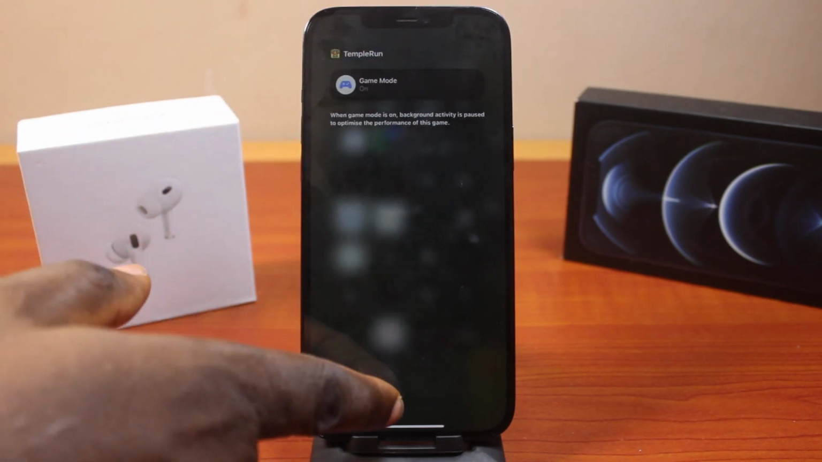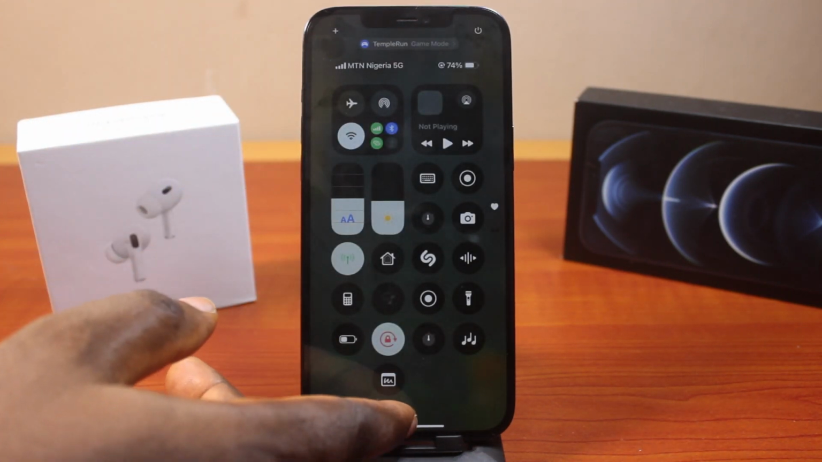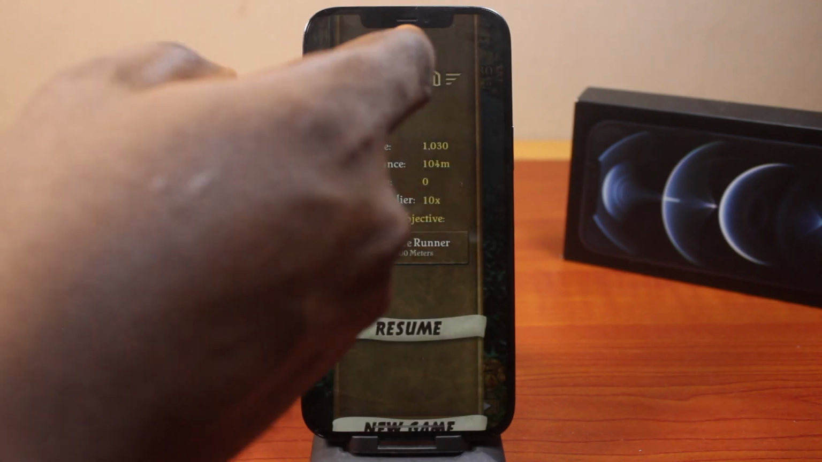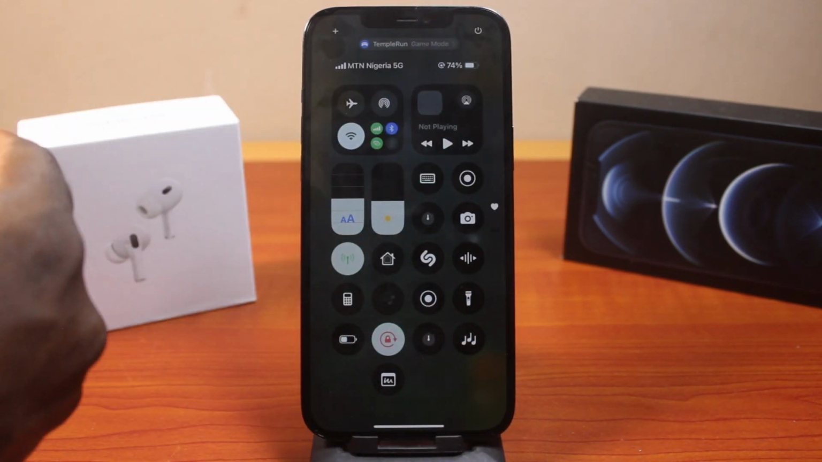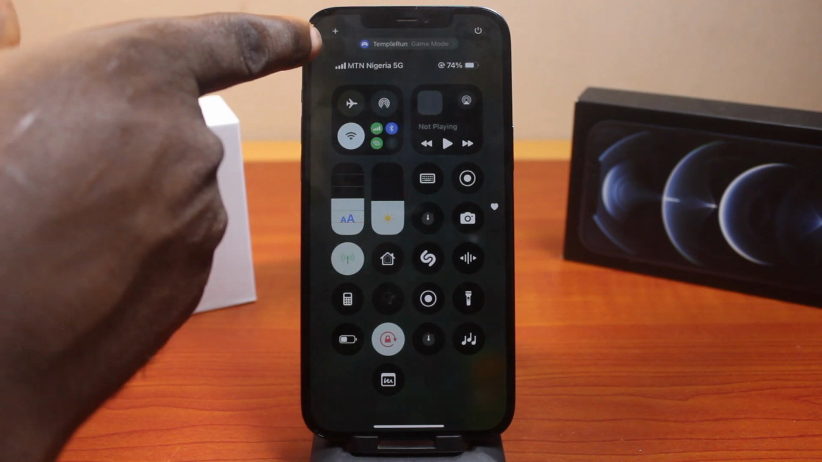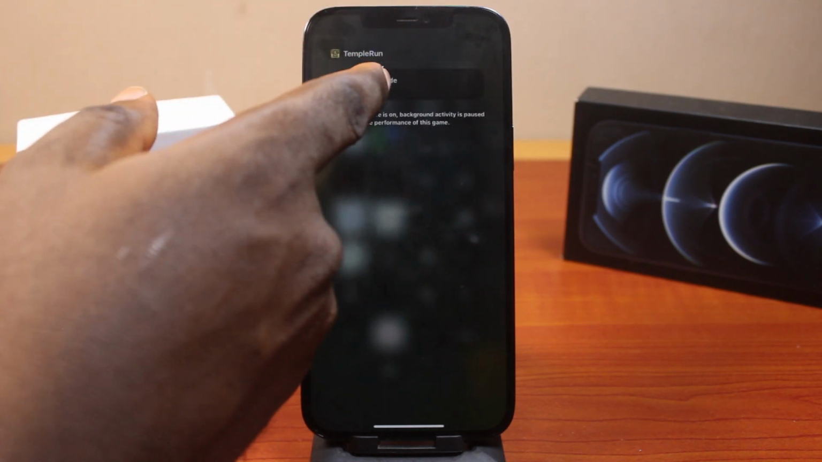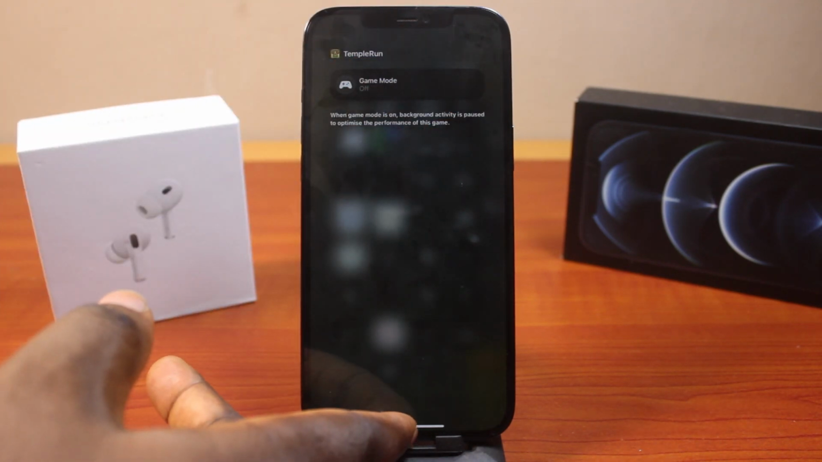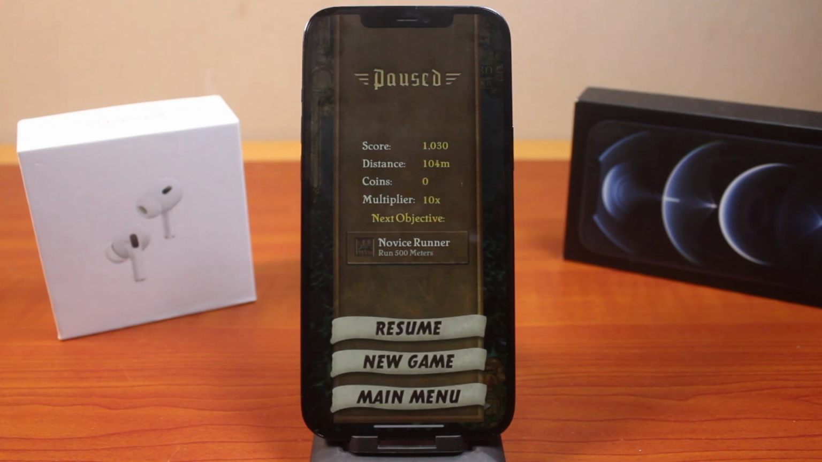So when this is turned on, your iPhone background activities will be disabled and you'll be able to have a smooth experience playing the game. Now to turn it off again, repeat the process. Click on the game name and then tap game mode, and this is going to turn off the game mode. So this is how you can easily get game mode on your